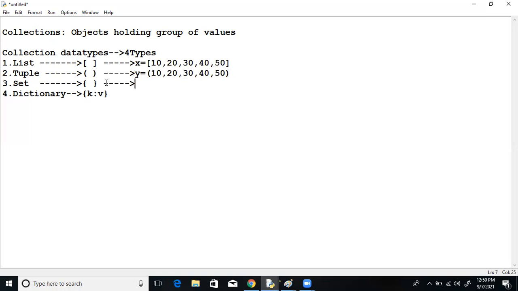Set of values. Dictionary. Dictionary, for example, P equal to